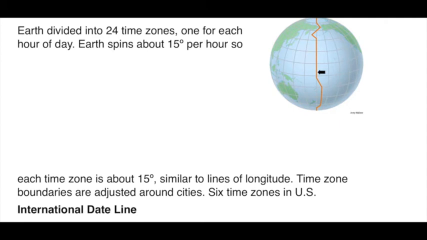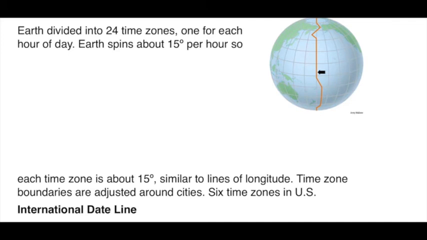As the Earth turns 15 degrees, the sun changes position in the sky. The sun rises in the east and sets in the west. It takes 24 hours for the Earth to go around, so there are 24 time zones, about 15 degrees